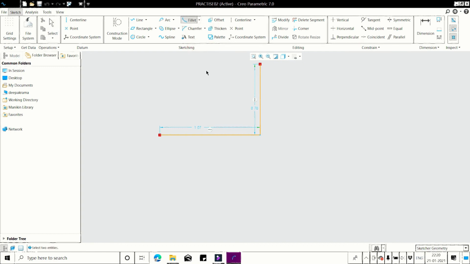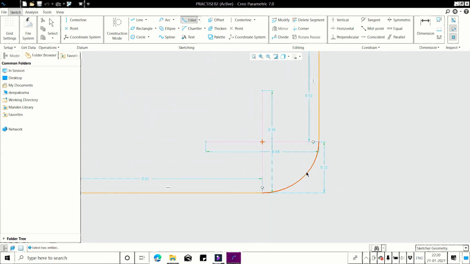The fourth option is elliptical trim. Click on the first line, click on the second line. See how your arc is created. You can change the dimensions, of course.